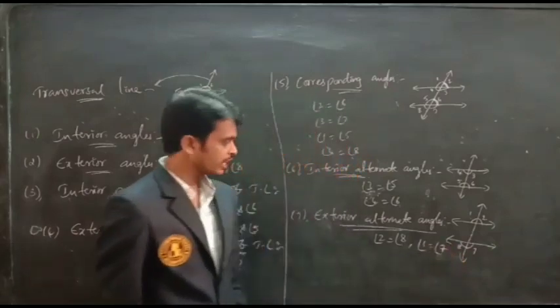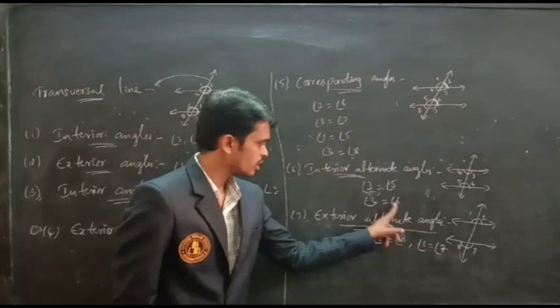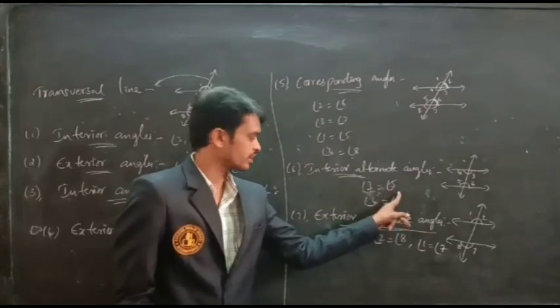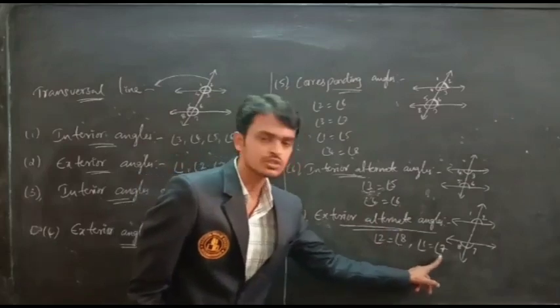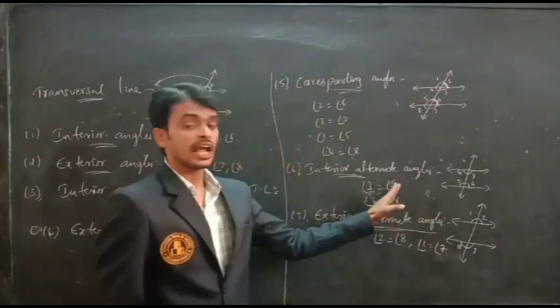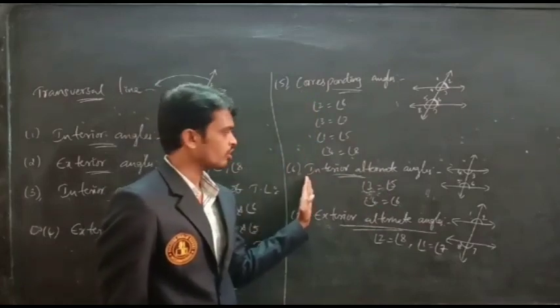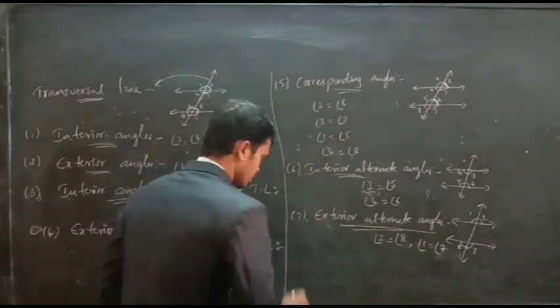Then here also we can identify 4 equals 6, even to even, and 3 equals 5, odd number to odd number. Easily we can get it. So here also 2 equals 8, 1 equals 7. This is applicable only for corresponding angles, interior alternate and exterior alternate angles. Next, last one is